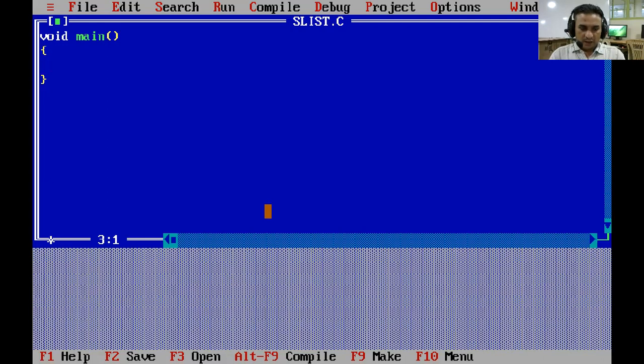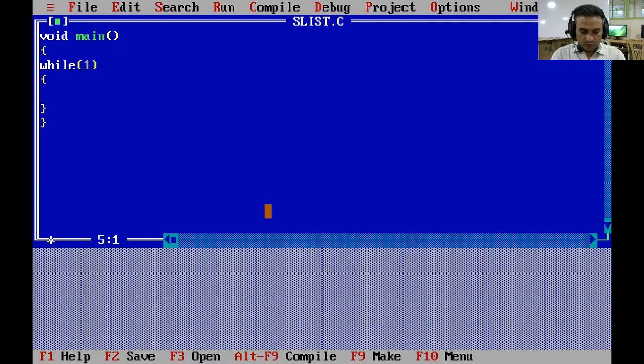For this type of application, we have to use switch case. So I have to write an infinite while loop: while 1. If we pass any non-zero number, that will always be true. When we pass 0 instead of 1, then the condition will be false. In C language, 0 means false and non-zero numbers are true.